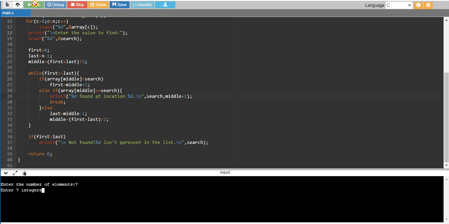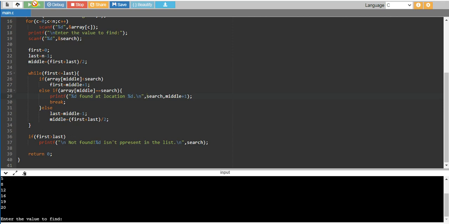So my first integer is 2, then we have 5, then 8. Randomly you can enter any value. Then we have 12, then 16, then 19, then 20, right? After that, this is my list, right?